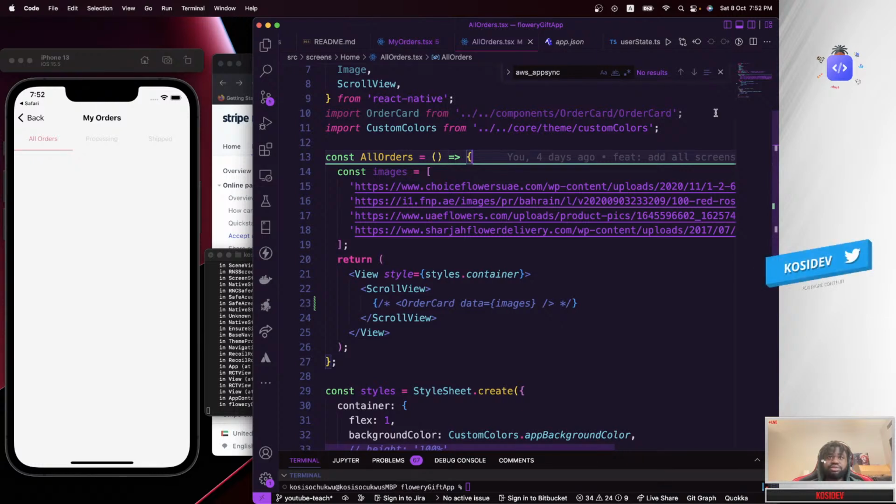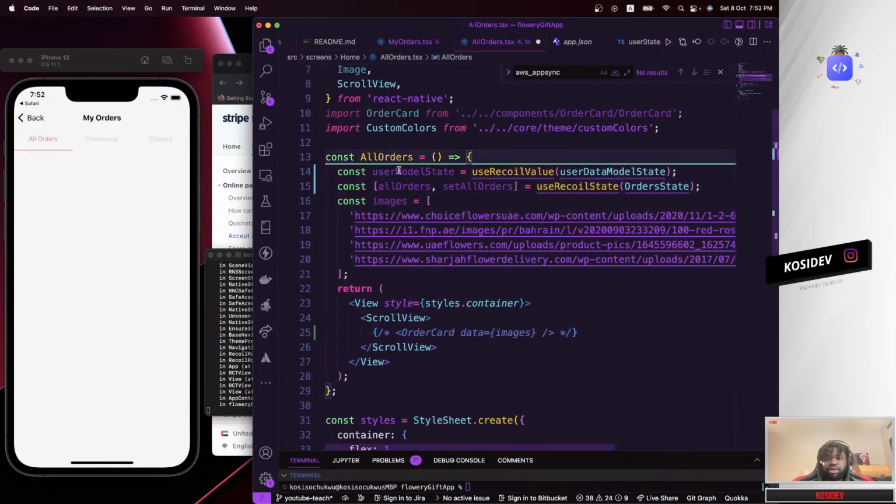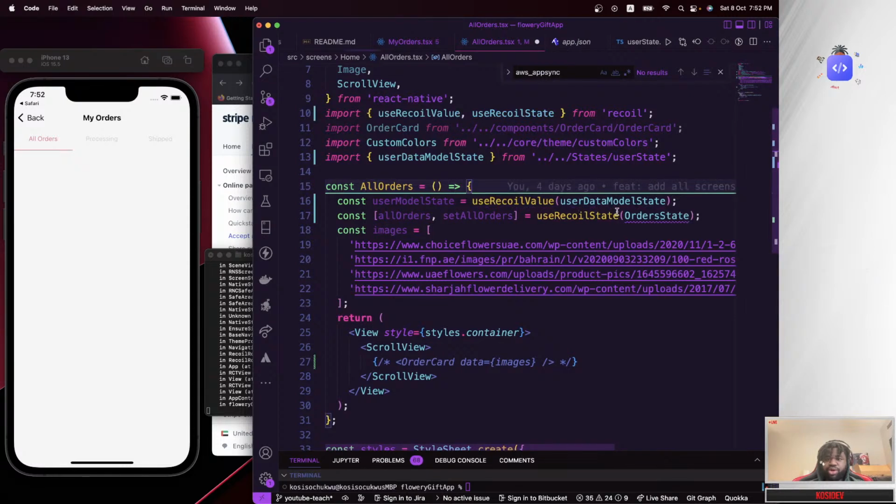Okay, let me copy the code over. So copy the code and paste it over here. So let's import recoil, which I'm going to explain what we're doing.